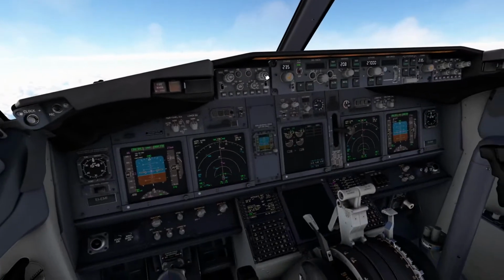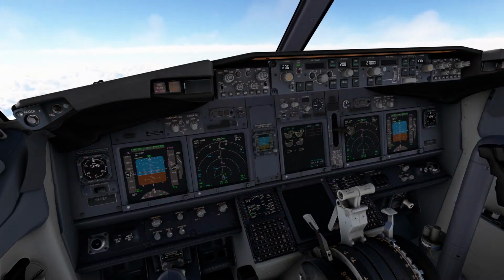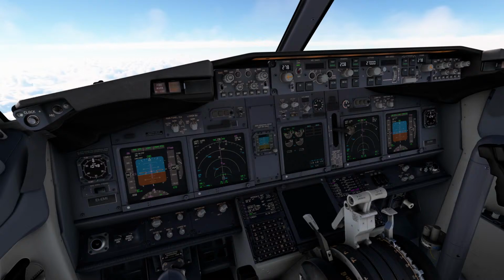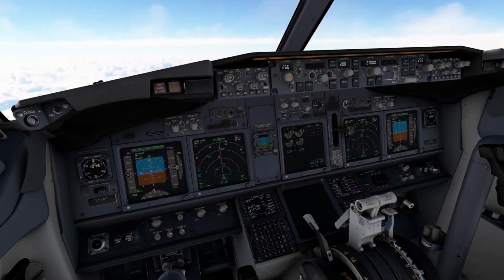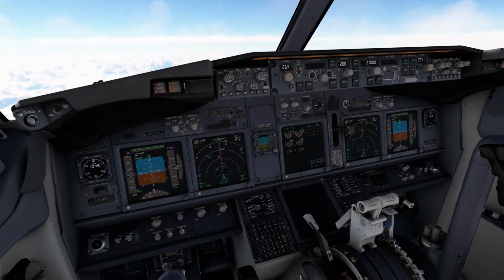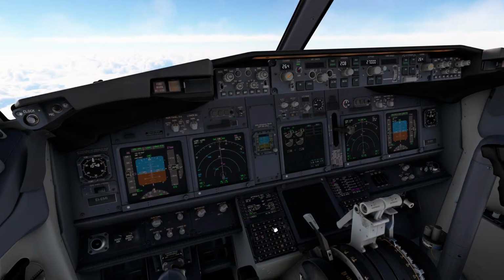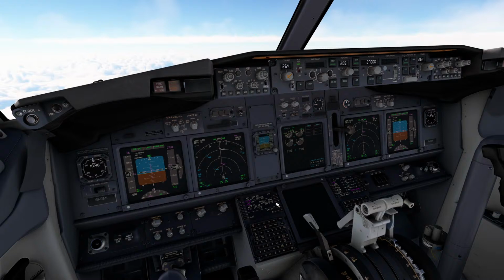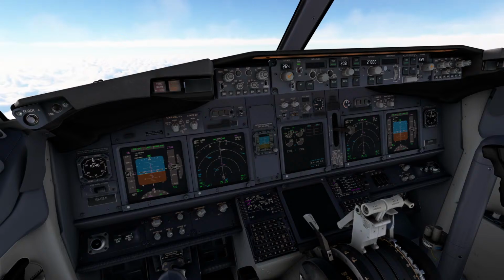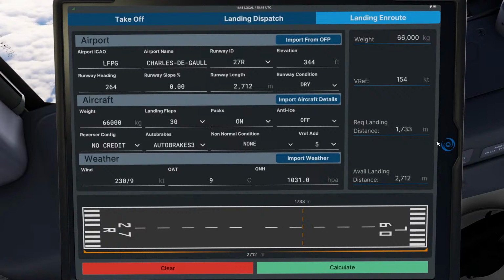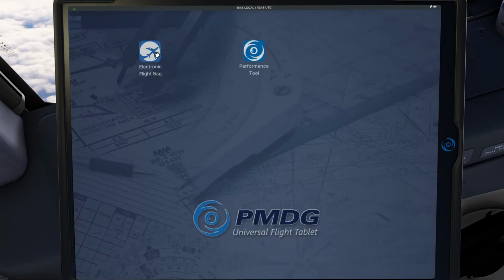We are leveling off at flight level 270 and the course is 264. AFM speed, LNAV and VNAV path. We are 71 miles to top of descent, which is 10 minutes from now on. We already know our performance and we can go to the charts and we can think about our procedure and